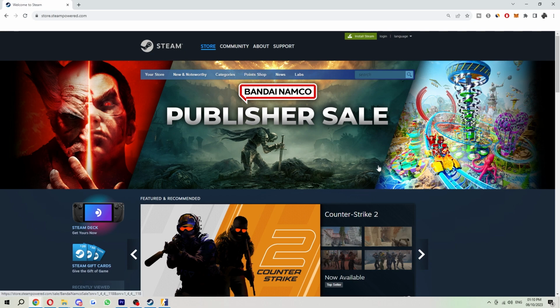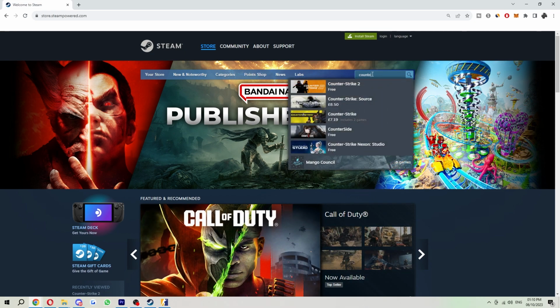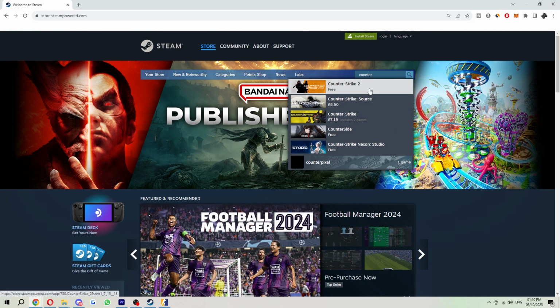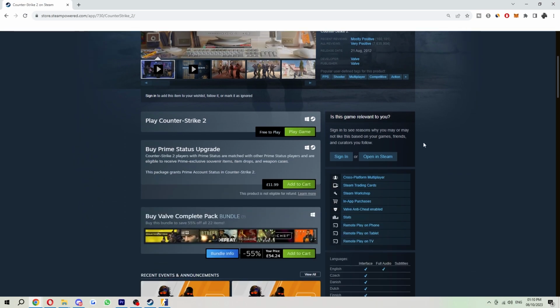And then once you've done that, you should see a page like this. What we want to do from here is go to the search bar and type in counter, and the top result should be Counter-Strike 2. Now when we click on this, we can learn a bit more about it and see what the game's about. And in order to download it and start playing it, you just want to click this play game